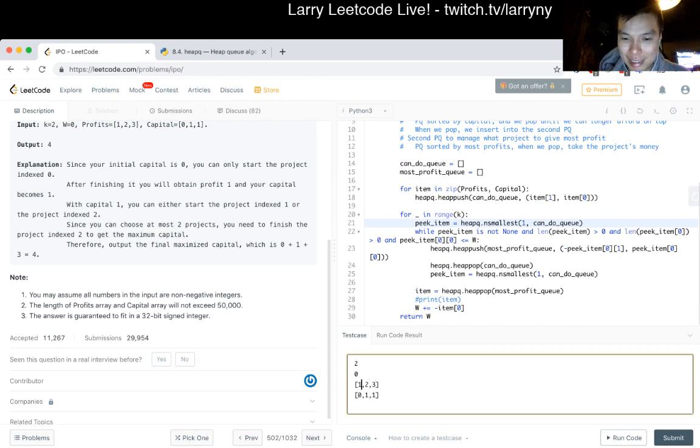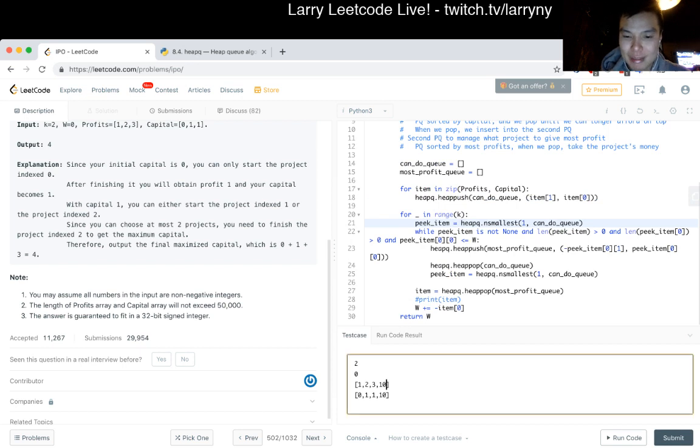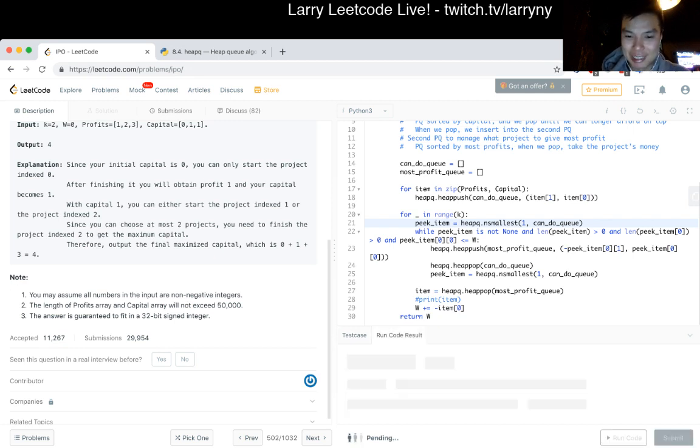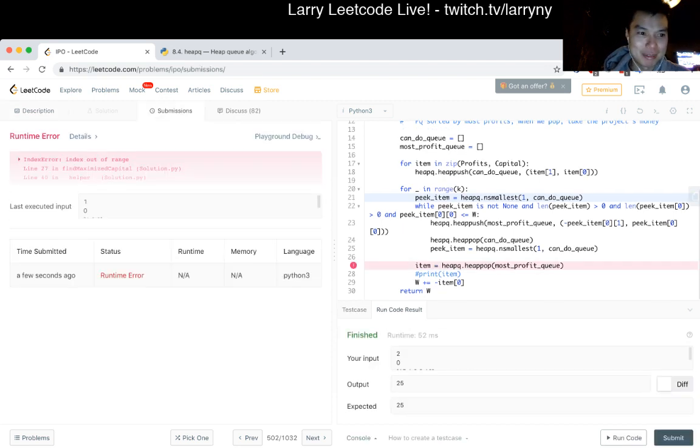For example, let's say there's just one that you can't get to. It still should be the same. Let's put one in the front just in case some ordering thing matters. Actually, though, this should change because now you can do 2 and 25. All right, just gonna submit this.